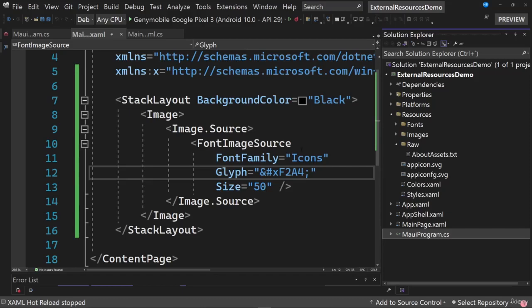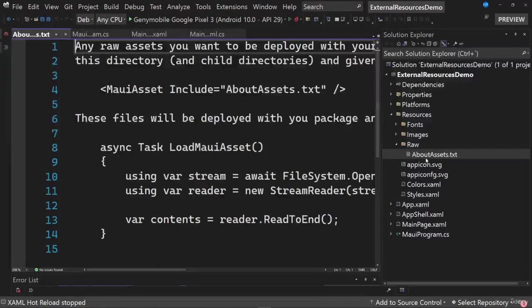As part of a .NET MAUI project, we also have a folder called Raw, which we have not seen so far. This folder will allow us to add files other than images and fonts. We can add, for example, PDF files, presentation files, Excel files, Word files, and any other you need. Inside the Raw folder, we have a file called AboutAssets, which describes how we can use the resources located